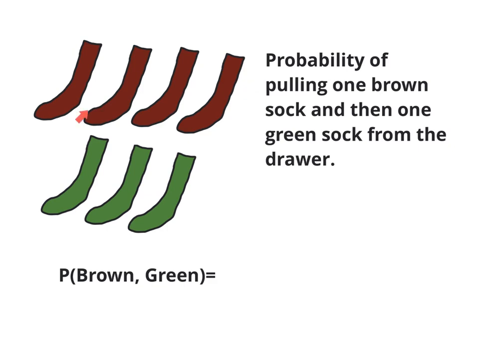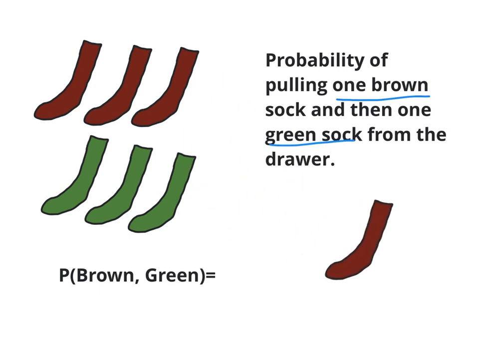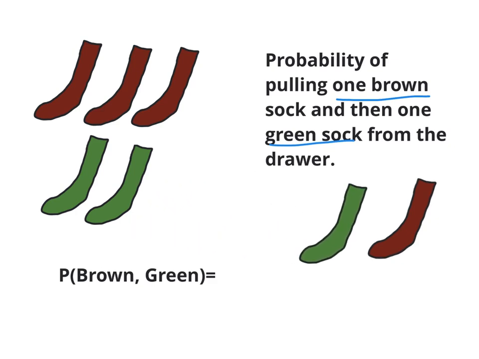Okay, we still have the same socks that are in the drawer, but we've changed the problem now. We're looking for the probability of pulling one brown sock and then one green sock. So we're going to find the probability of first pulling a brown sock, leaving the brown sock out of the drawer, and then going back and pulling out a green sock from what's remaining in the drawer. So let's put our socks back in the drawer,